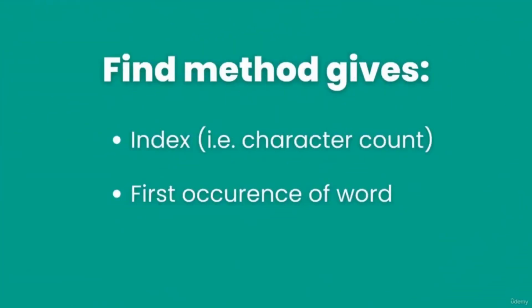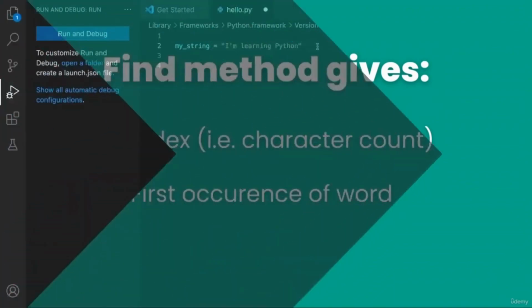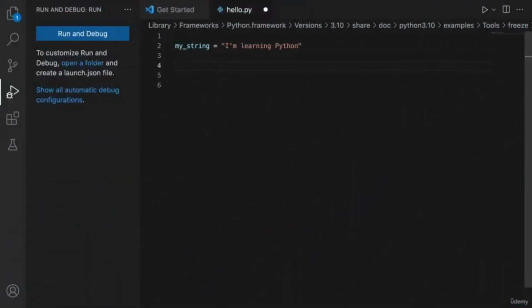The find method would basically give me the index, which means the character count, of the first occurrence of this word. So, if I wanted to print the index, which again means character count, of the string learning in my_string,